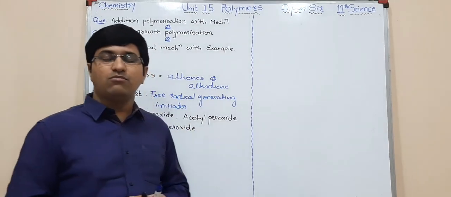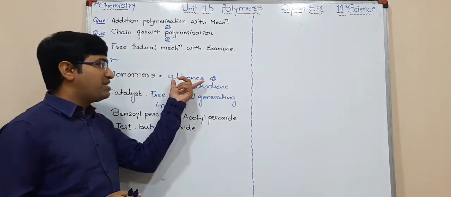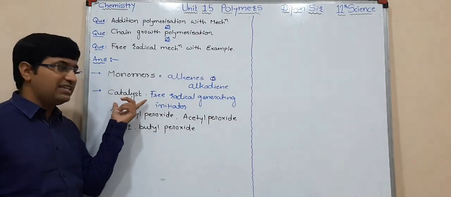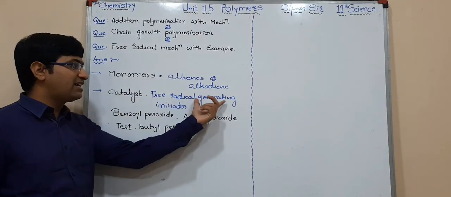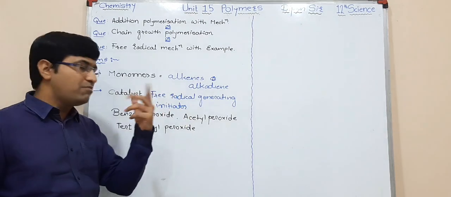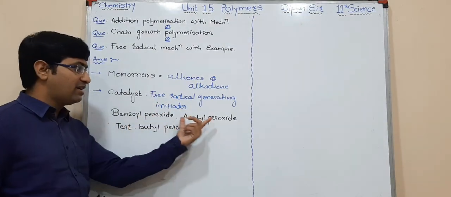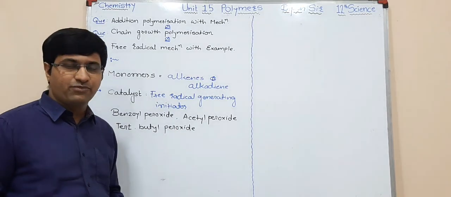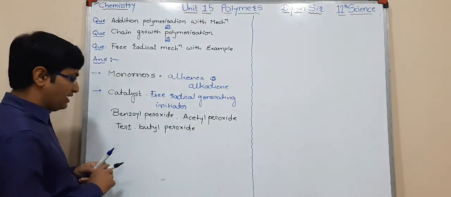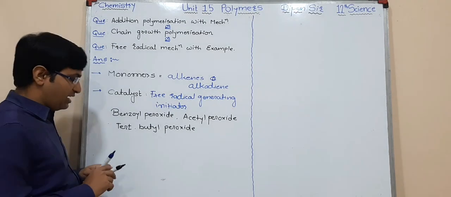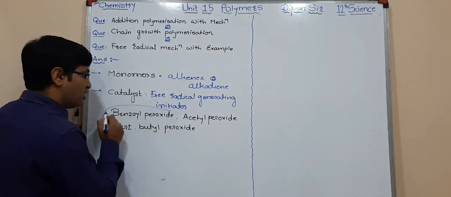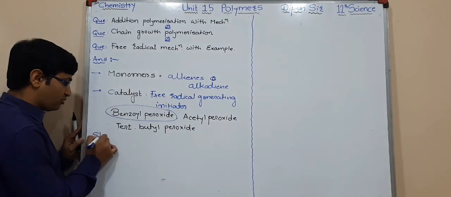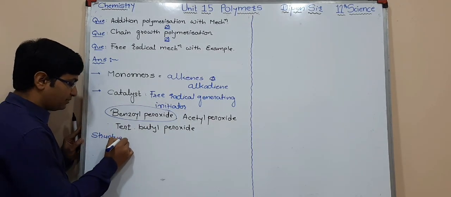So the two conditions: the monomers may be alkenes or alkynes, and the second thing used is a catalyst, which is also known as a free radical generating initiator. It can be benzoyl peroxide, acetyl peroxide, and tert butyl peroxide. So let's first of all study the structure of the catalyst. Here we are taking benzoyl peroxide catalyst. Now the structure of benzoyl peroxide catalyst: